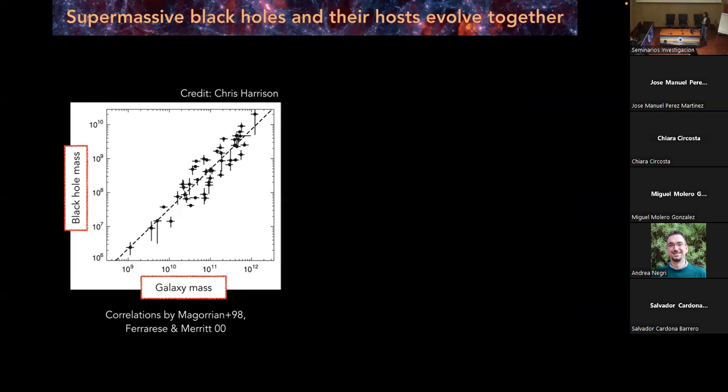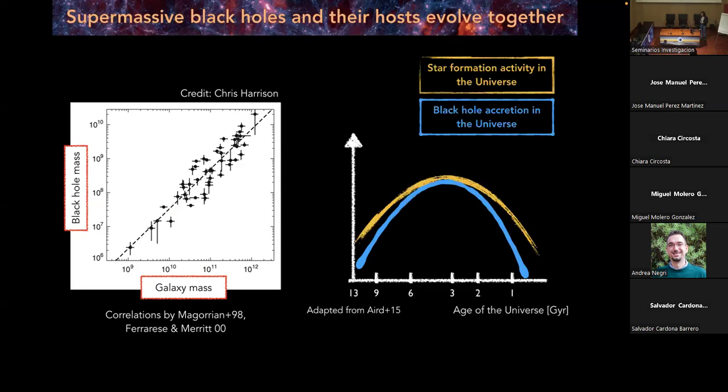For example, we observe this correlation between the mass of the galaxy and the mass of the supermassive black hole, which I find quite remarkable and fascinating if we consider that supermassive black holes and galaxies differ in physical scale by several orders of magnitude, but still it looks like they know about each other. And then if we consider